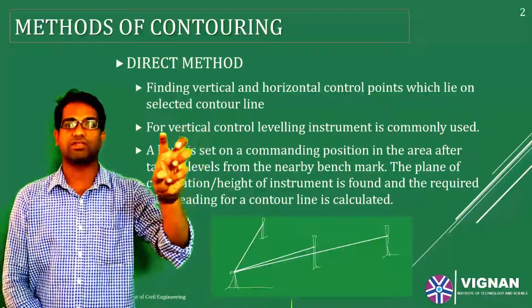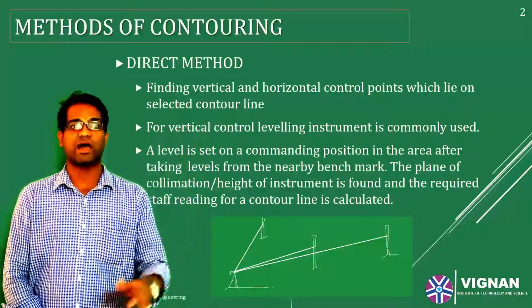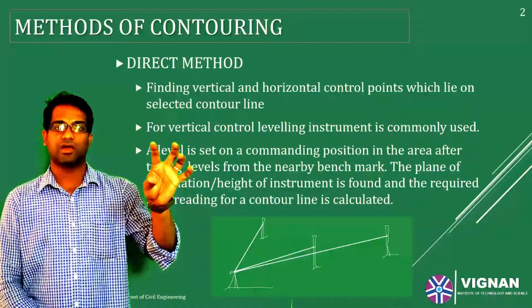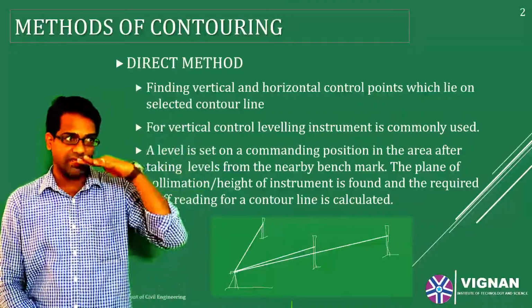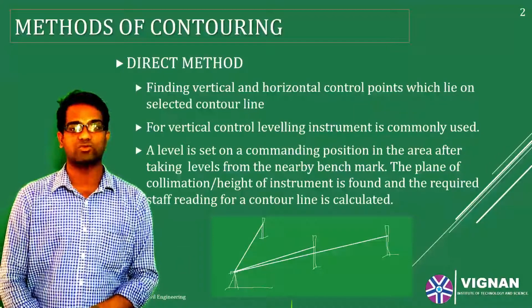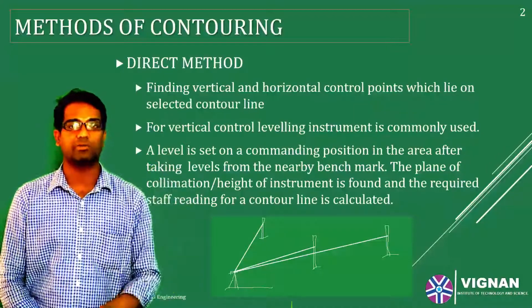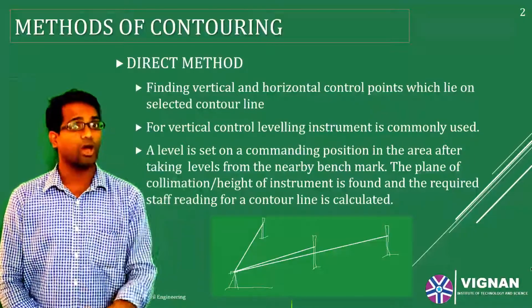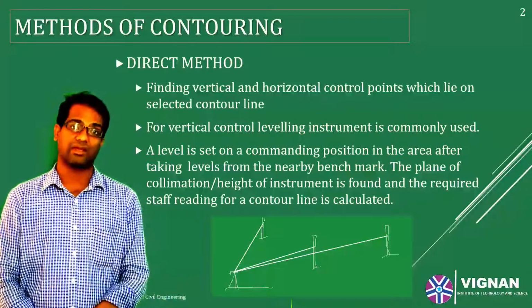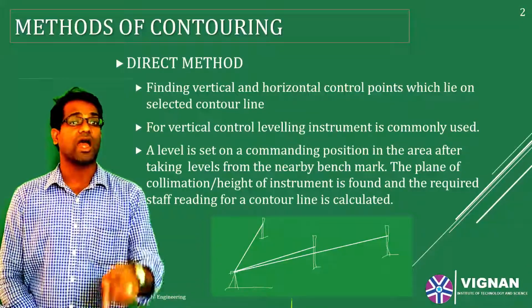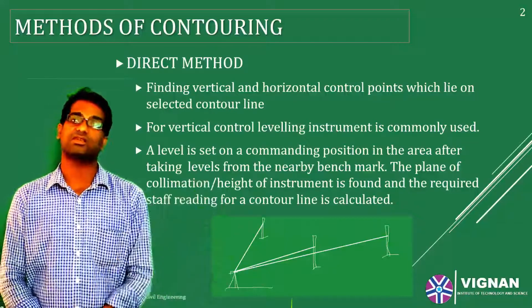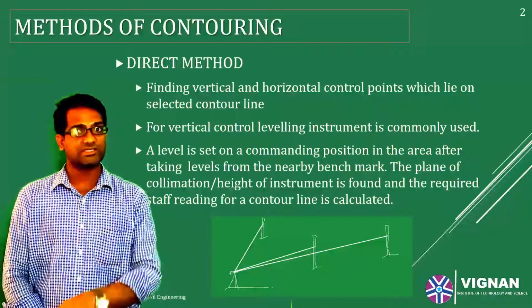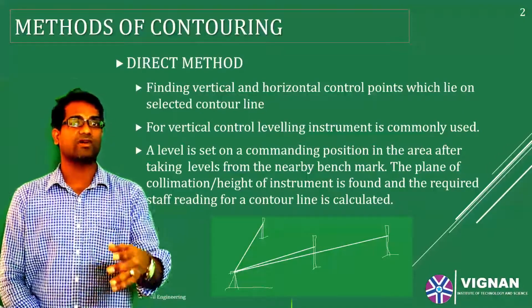So I find the staff stations by asking the staffman to move around along the site, and to hold his position whenever I see the staff reading as 1 meter. I ask him to mark that point and immediately calculate the distance from the dumpy level to that point along with the orientation, which means the angular measurement. So both angular measurements and distance are calculated from the control station point. This is done not just for one station, but for the entire area.